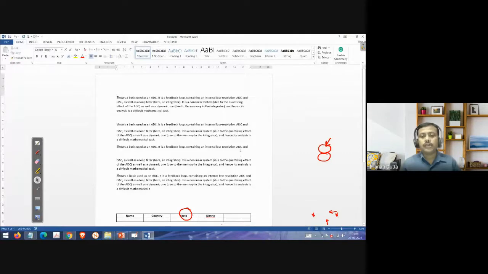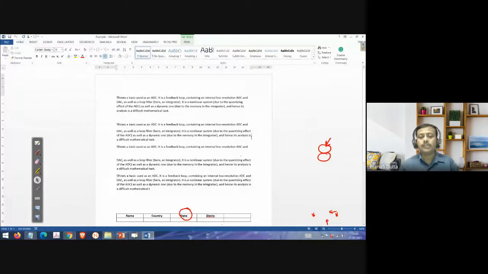Suppose here I am putting the cursor at this point. If you see, there is a blinking cursor somewhere at this location. So if I want to go to the starting of the line, just press the home button. If I press it, directly it will jump to the home. If you see now, the blinking is at this point. And if you want to go to the end, just press the end button. So it will go to the end of this line.